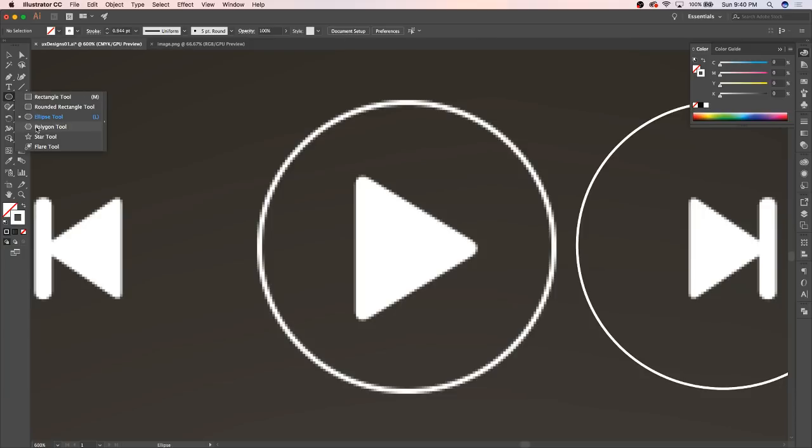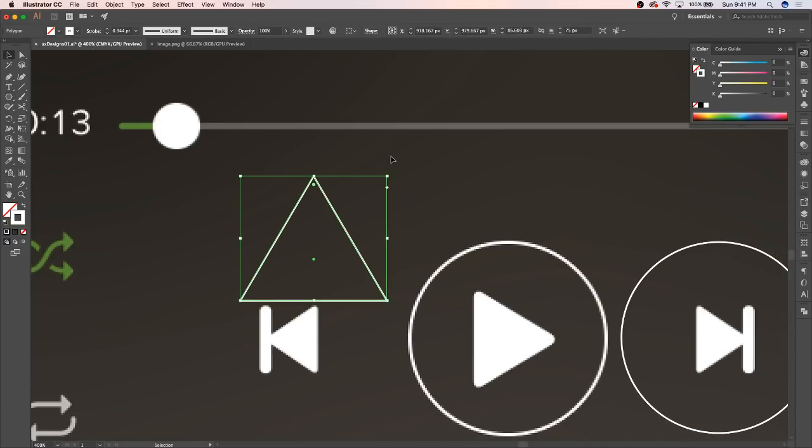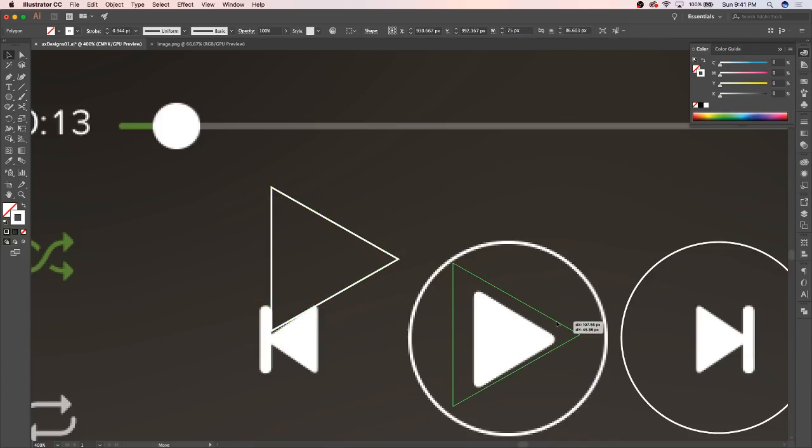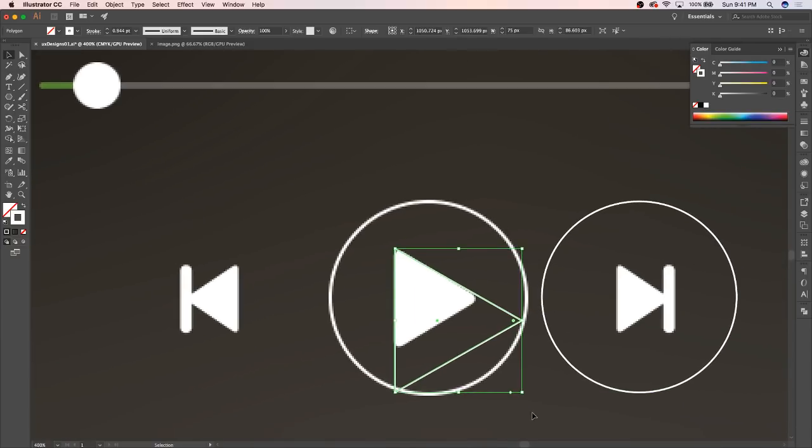So I'm going to go to my polygon tool. I'm going to double click it. Nope, sorry, that doesn't work. I'm going to click once. I'm going to change this to 3, and we'll say radius of 50 pixels is fine for now. So now I have my triangle, and I'm going to hold down Shift while I transform this so I can make sure that this has just gone the 90 degrees that I needed to. That was 90, yeah. And then I'm going to size this to be roughly the same size as this play